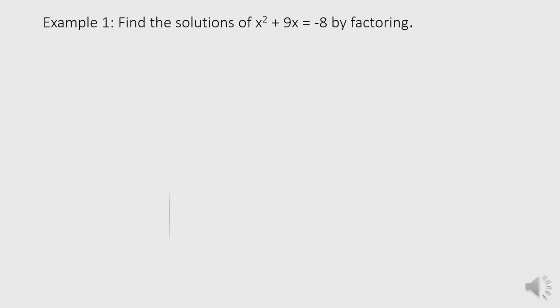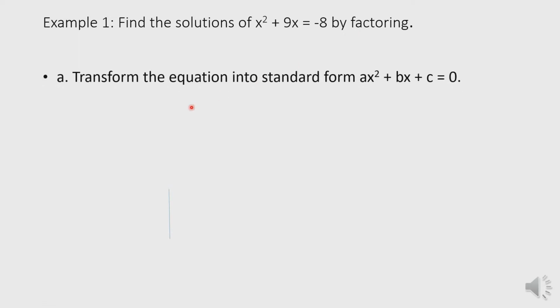Now let's have example 1. Find the solutions of x squared plus 9x equals negative 8 by factoring. Let's take the first procedure. Transform the equation into standard form, ax squared plus bx plus c equals 0. And then from the original equation, transform to standard form, which is x squared plus 9x plus 8 is equal